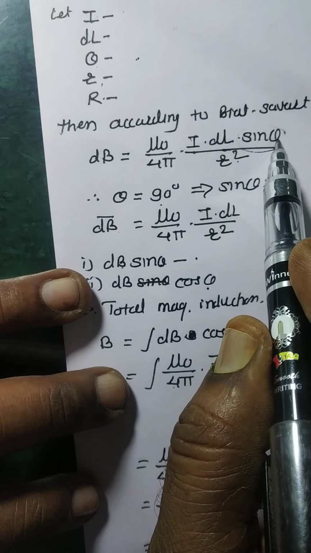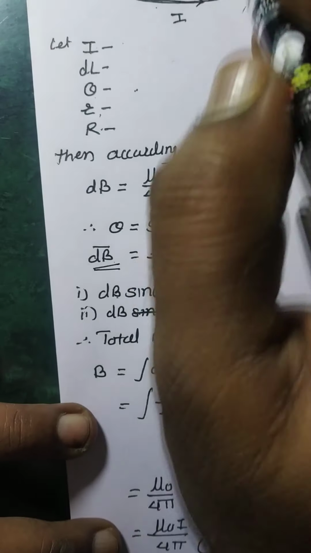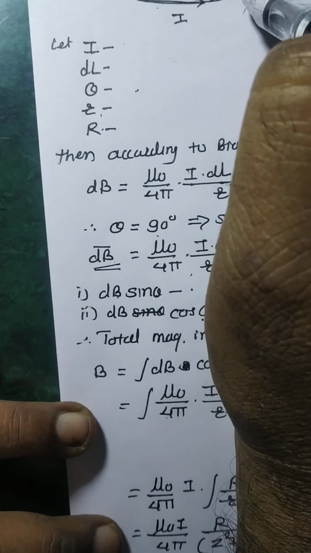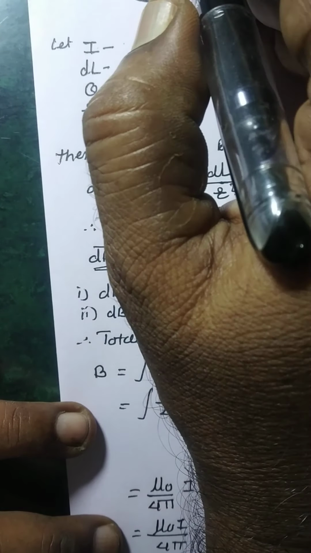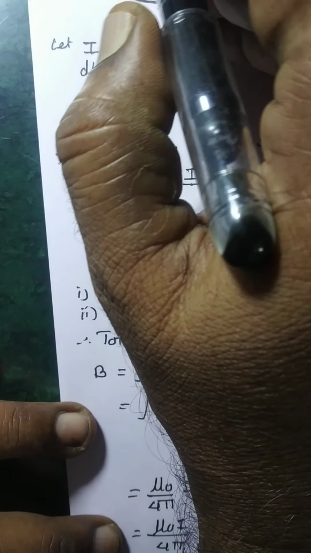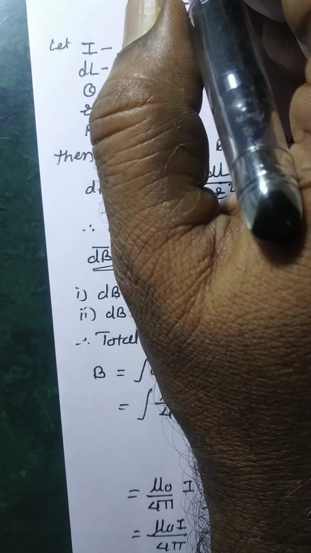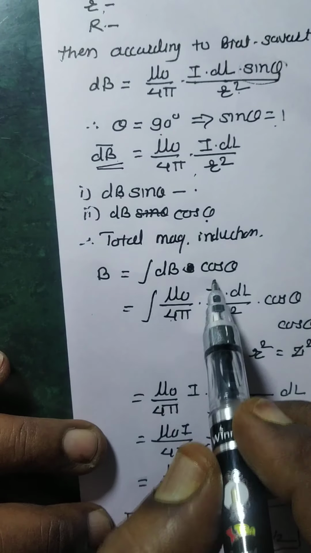Here what did we do? We put 1, and we got this. This magnetic induction is perpendicular to both r and dl, which can be resolved into two components, a vertical component and a horizontal component. Horizontal components cancel each other and only vertical components add with each other, and therefore the total magnetic induction becomes